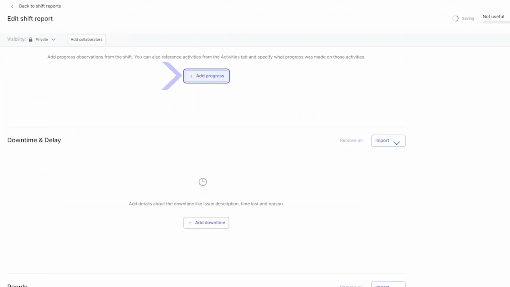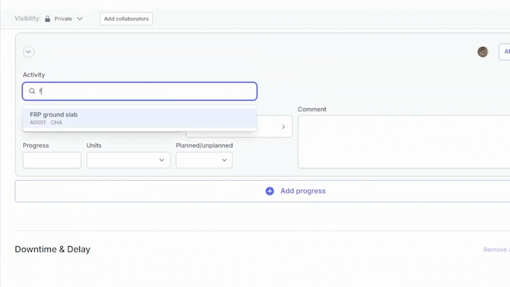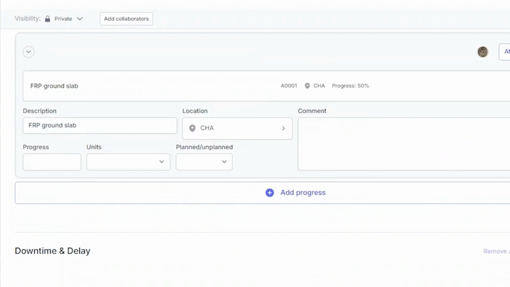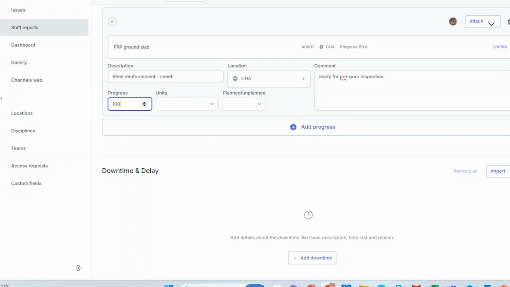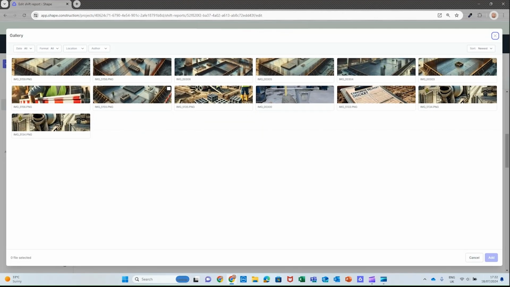We add a new progress observation and link it to the program activity for formwork, rebar, and pouring of the cast in situ ground slab. We change the description of the works to describe the steel fixing activity. We note that the steel reinforcement is ready for the pre-pour inspection, and we capture the progress achieved of the planned activity. Now, in order to evidence our achievement, we link the photographs that were automatically synchronized from the channel's conversation